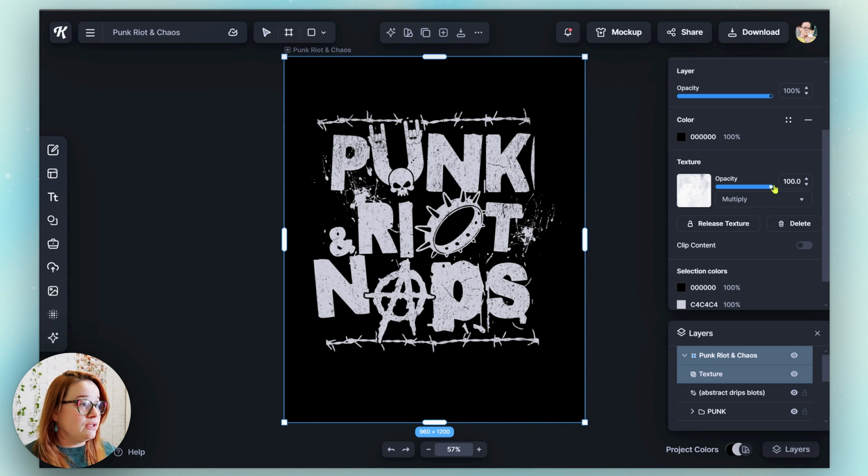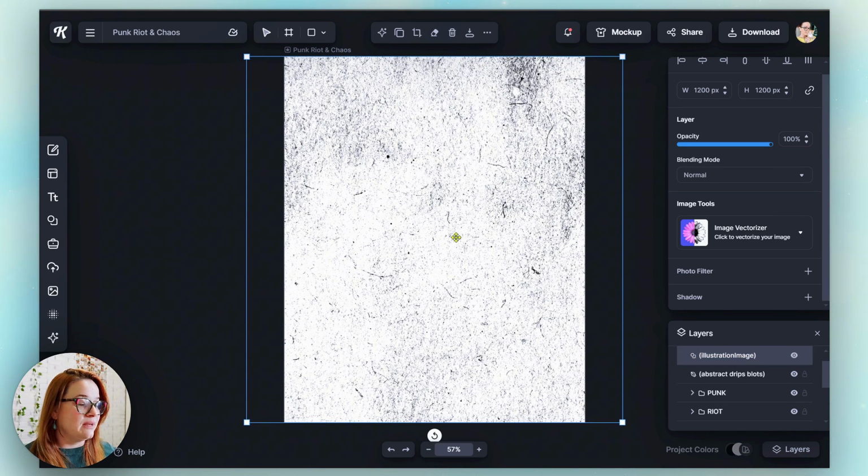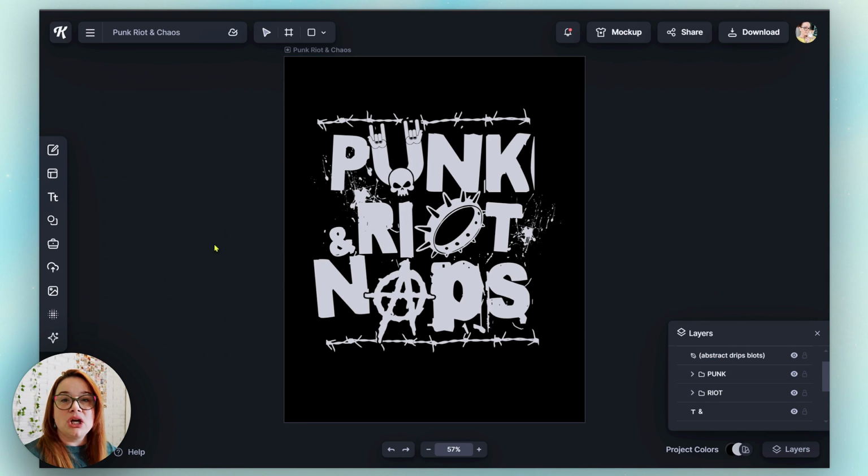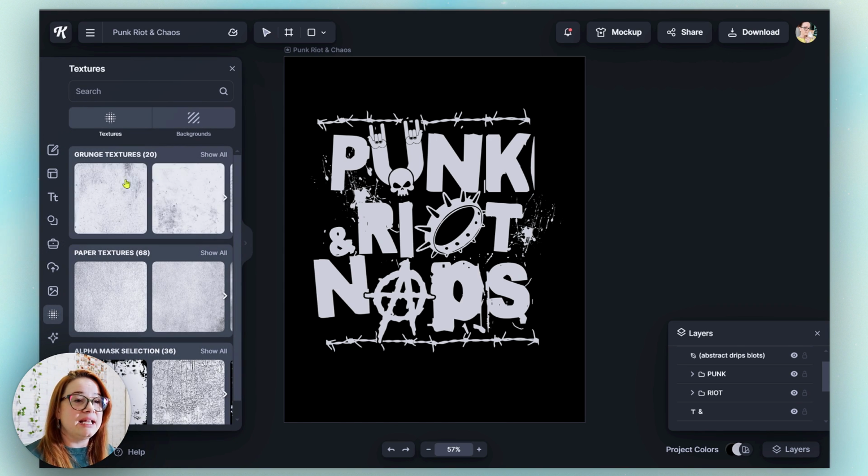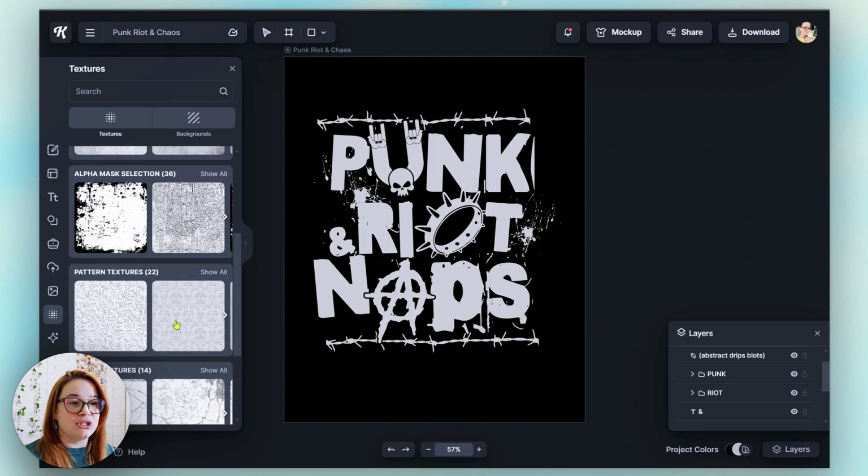And we can also reduce the opacity down, so we can see if we don't have to have the full opacity. And then we can also release the texture and delete it, and we can go and grab a new one. So textures are over here on the left-hand side, and we can pick any type of texture that we would